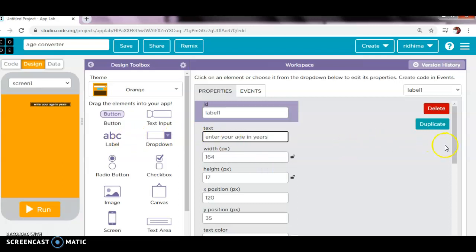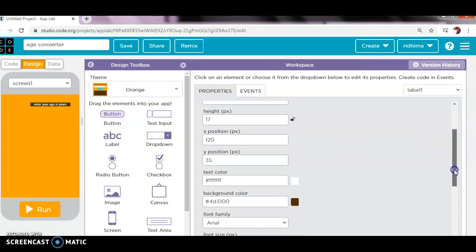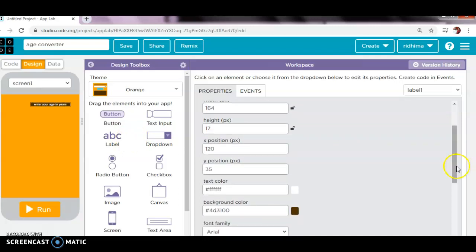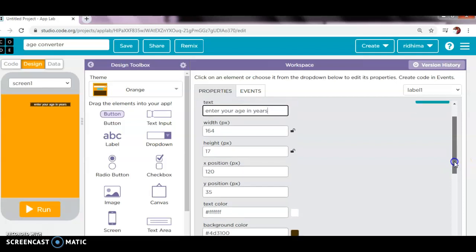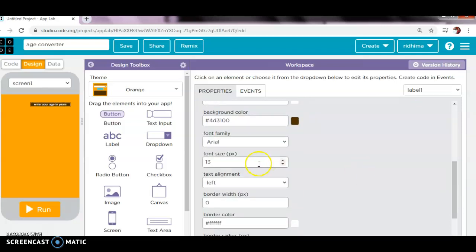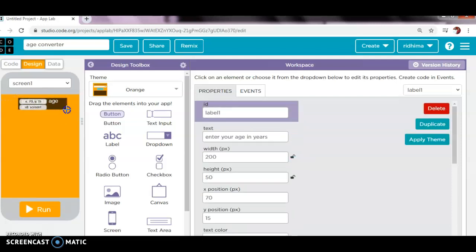We can adjust the size also. Now we will adjust the size. Now we will go to text input and take it below the label. Then we will take one more label